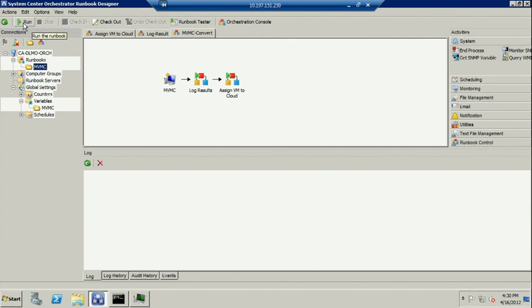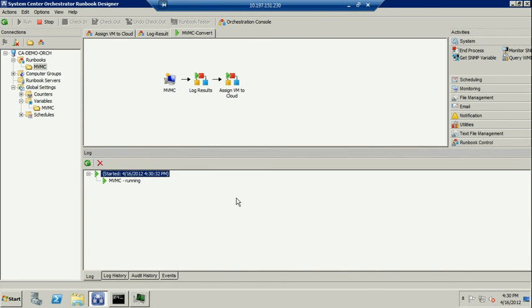And when he clicks on run, this isn't normally where runbooks are run from. This is the authoring environment, but we're actually using it because it saves us showing you yet one more interface as we go through all of these. And you'll see it's kicked off. So we're going to go over to